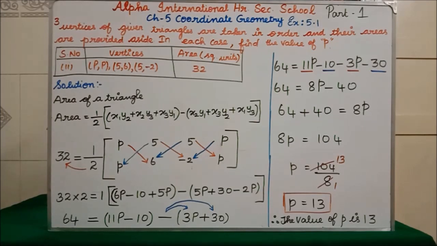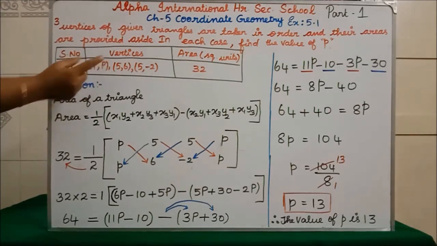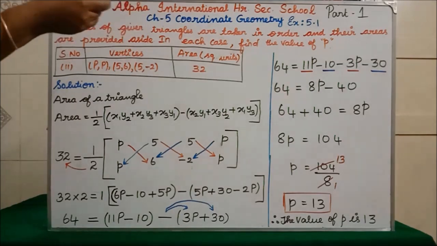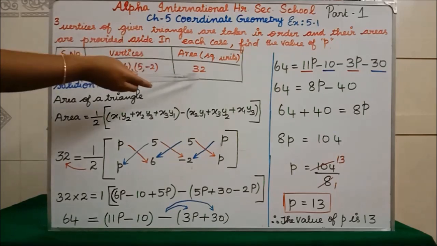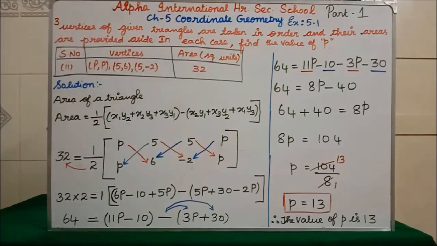Now we will see in this question, they have given the area. Okay, they have given the area 32 and they are asking us to find one of the vertices. P comma P. We want to find the value of P. Clear? So far, in the first question we used the area of the triangle. Isn't it? In the first question, we found the area. This value we found. And there they gave all three vertices, 2, 3 like that, themselves.